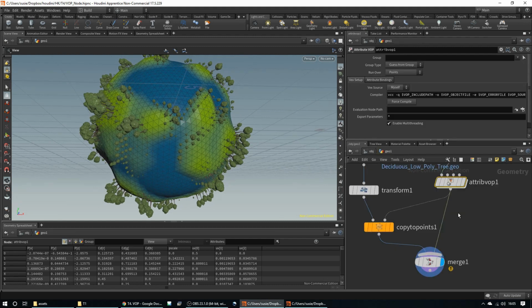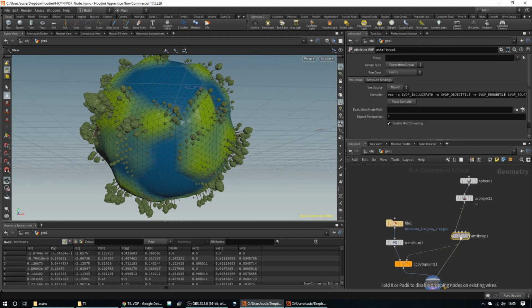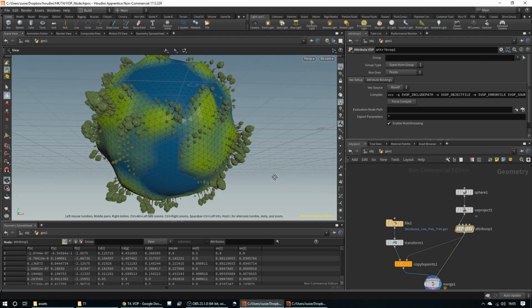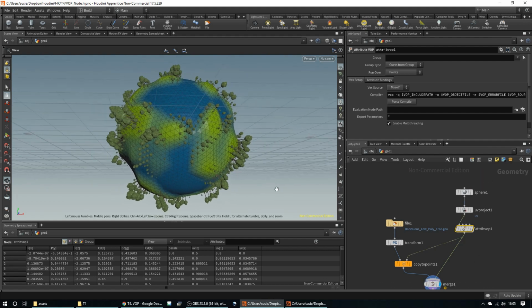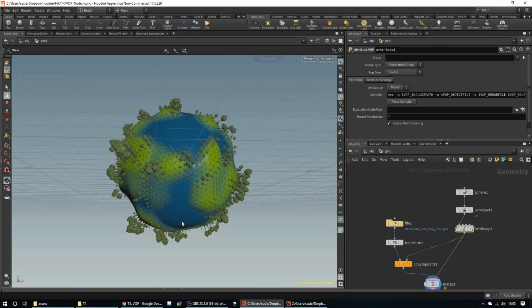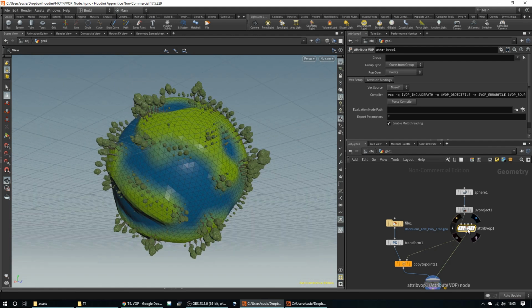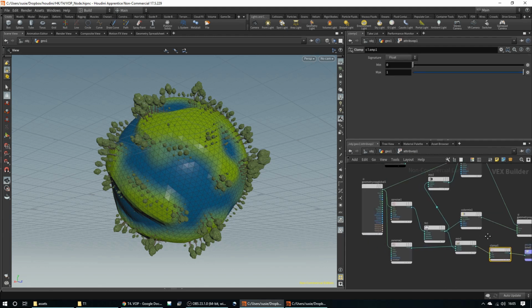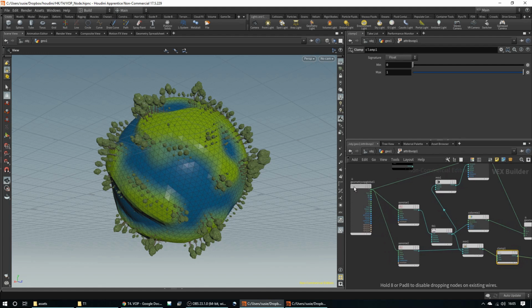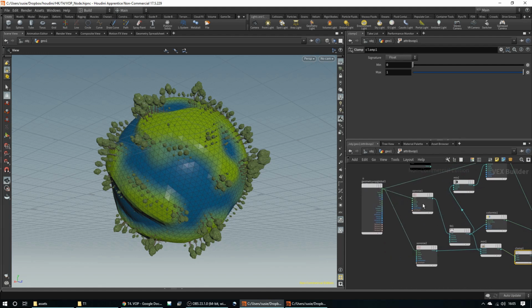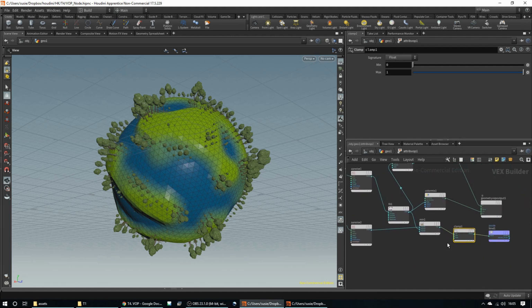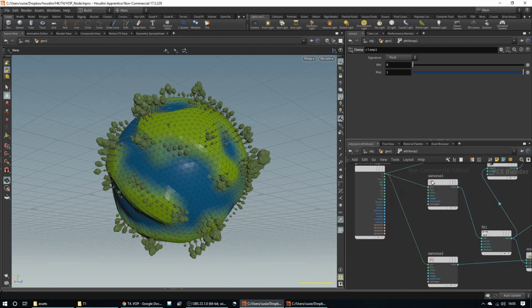So now you can see how you can use a VOP node to create a huge number of different effects and something quite organic from our noise. There's something else I want to cover quickly. You can promote parameters so that they're visible on the top node if it's something that you might want to change often. So say for example our